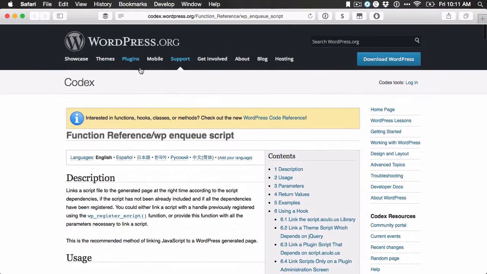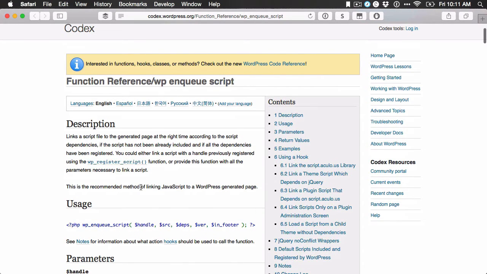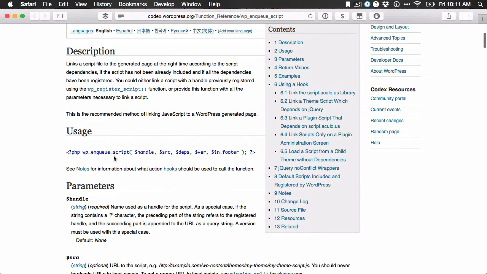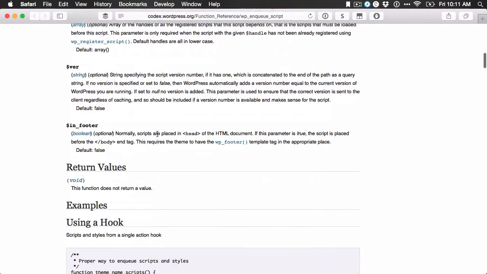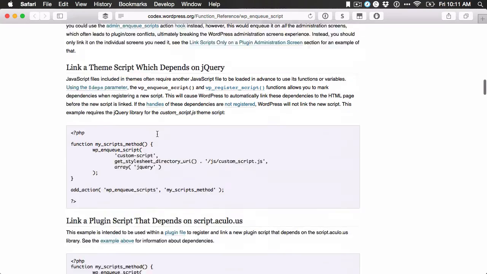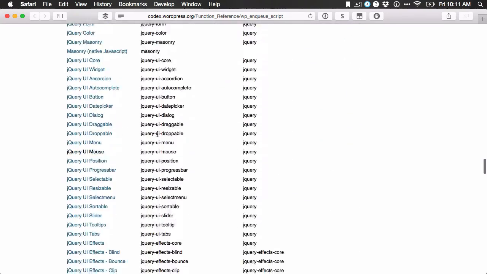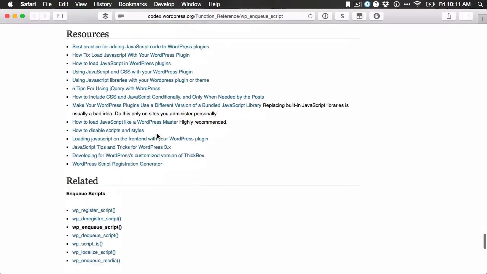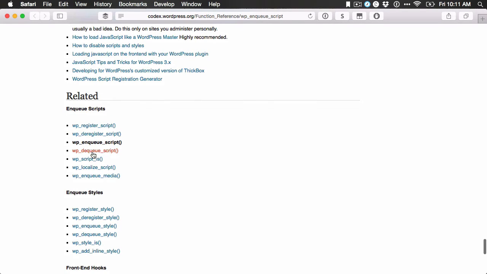You can put in wp_enqueue_script, and you can put that right inside the WordPress Codex, and from there you can go ahead and see all of these parameters. There's also another one that we'll talk through a little bit. We'll leave this page open too so we can get to it, but at the bottom it normally shows related ones, and there's also one called